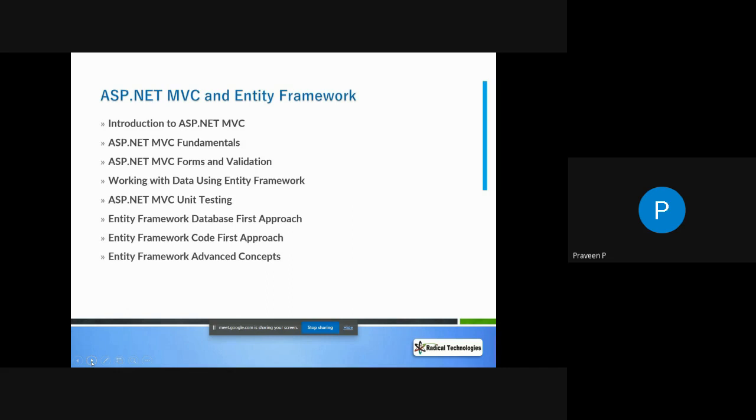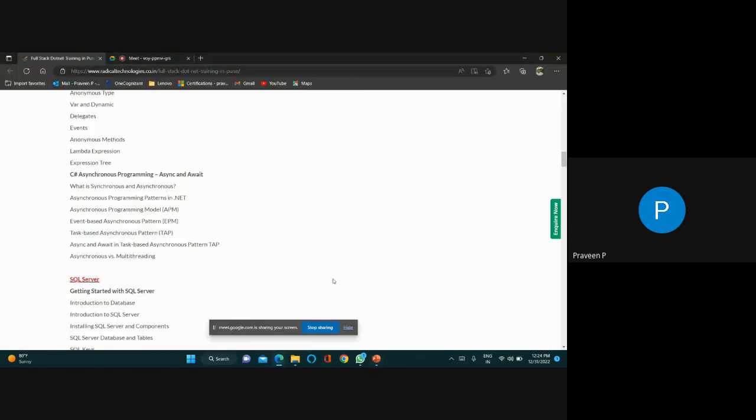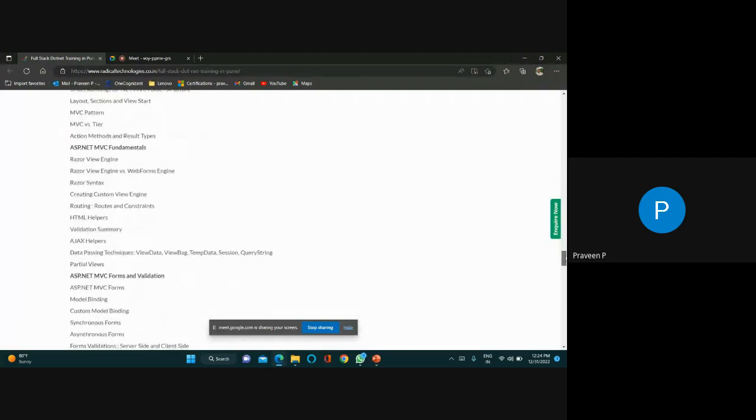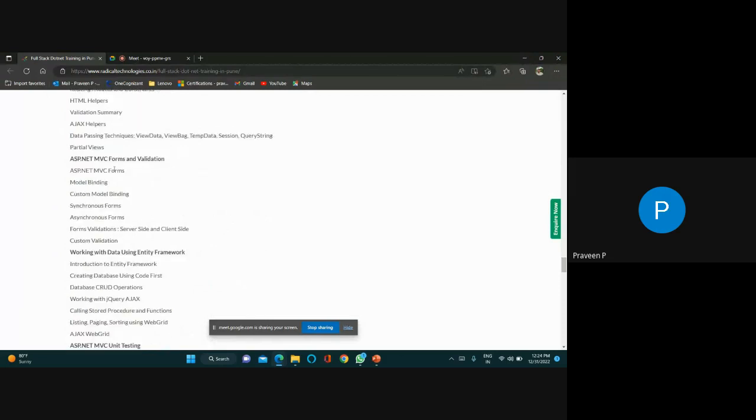Then we'll start with ASP.NET MVC. So introduction to MVC, what all things we do in MVC, what is the MVC framework, how to do that. And we also have MVC fundamentals, we have forms and validations, and how to perform that. And in forms and validations, how we perform our model binding, and how to work with data using